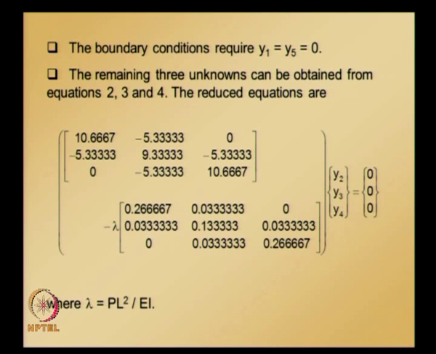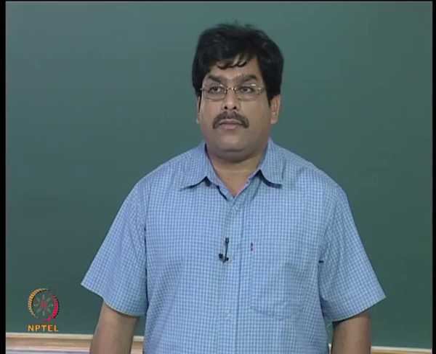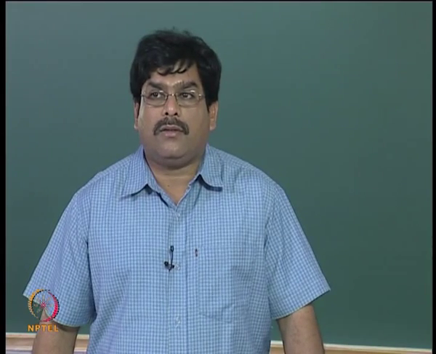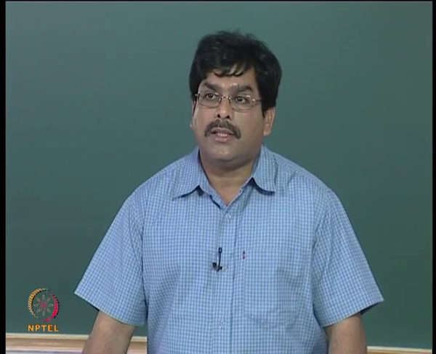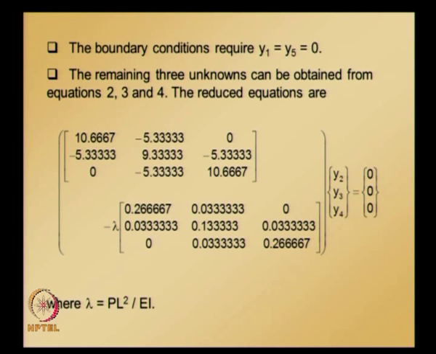And here, for further writing, briefly we introduced a notation lambda is equal to PL square over EI, and you can notice that this equation system is for an eigenvalue problem, and for this equation system to have a non-trivial solution, the determinant of the matrix should be equal to 0, and by equating determinant of matrix equal to 0,